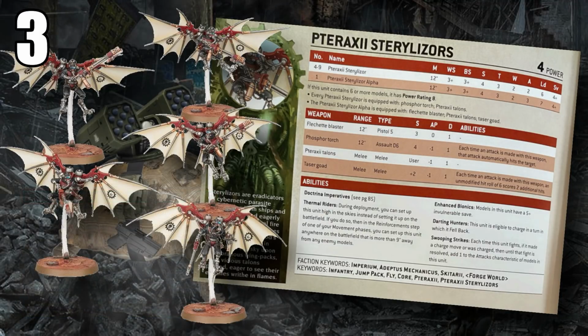This means that in the right situation, Tyraxii Sterilizers, assuming you have enough CP to fuel that Booster Thrust every turn, cannot be attacked by your opponent. Even being forced to deep strike down onto the table with a 12-inch range gun, these guys will be able to deal some significant damage, especially to screening infantry or random objective secured chaff that you're going to be clearing in the late game,